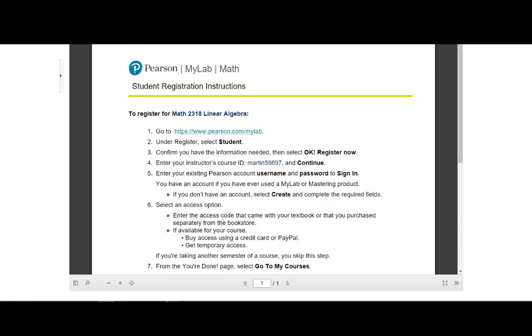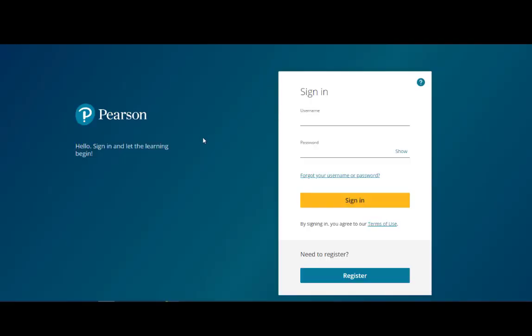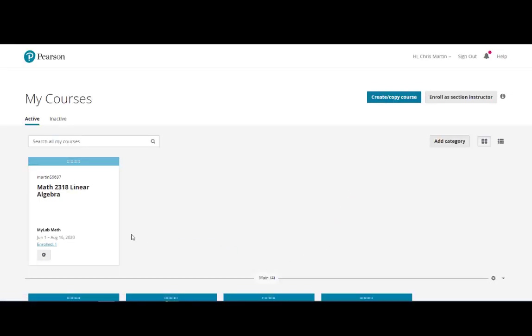So let's go there. This is what it looks like when you get there. If you need to register, you're going to click Register. If you already have a username and a password, you would come here. And the password. Once you sign in, it's going to show you our particular course. So if you click on that,